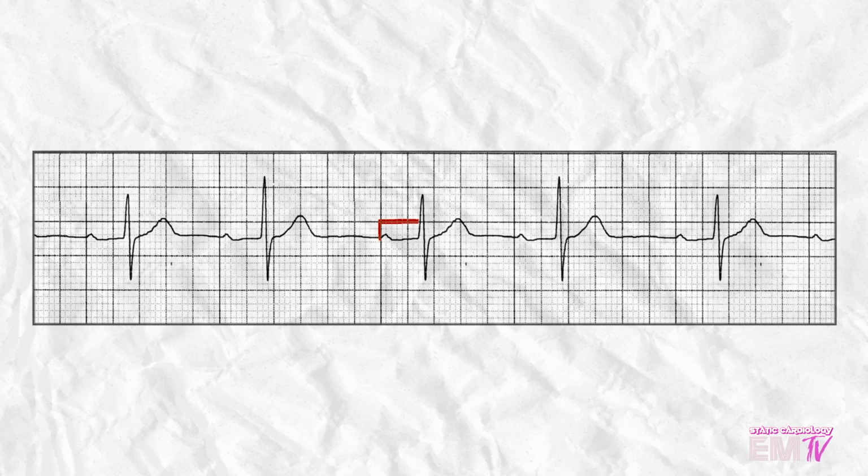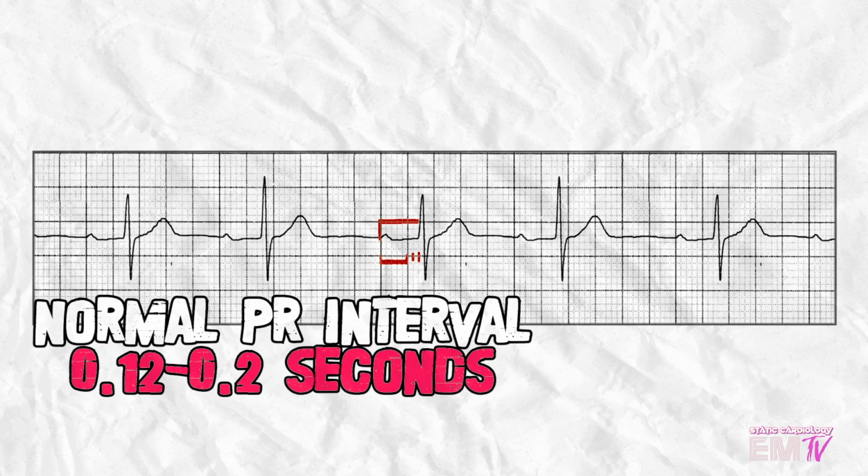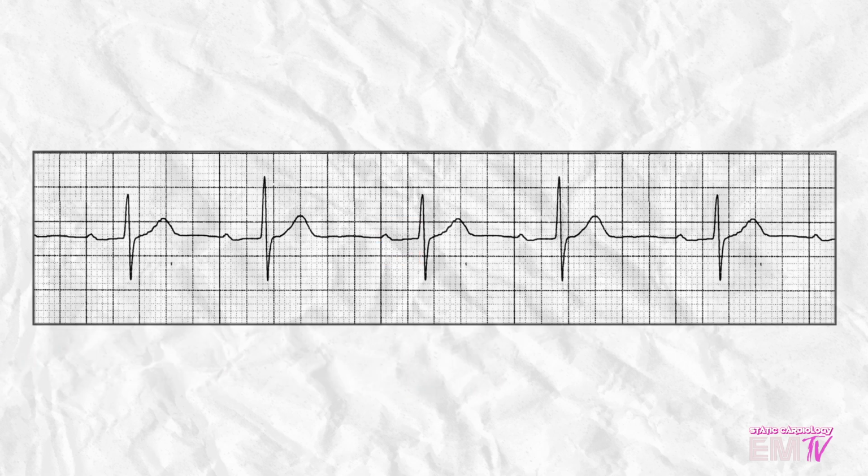Now this PR interval is actually very long, because I know one of these larger boxes equals 0.2 seconds, and then each smaller box represents 0.04 seconds. If I add them up, this PR interval looks to be about 0.28 to 0.3 seconds. Now, as the normal PR interval for a sinus rhythm is between 0.12 to 0.2, this appears to be an AV block. My R to R intervals also seem very consistent,